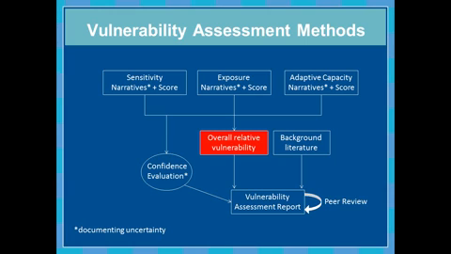And so now what I wanted to show is our preliminary results of these relative vulnerability scores for all of our resources. These scores are definitely subject to change with subsequent peer review of the assessment reports and the incorporation of background literature. But I love looking at graphs and figures, so I wanted to be able to show something of what we've been able to come up